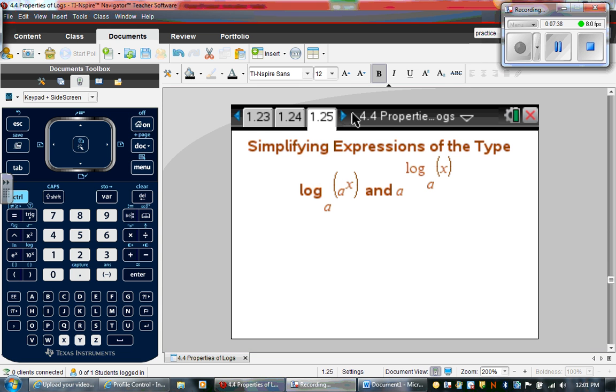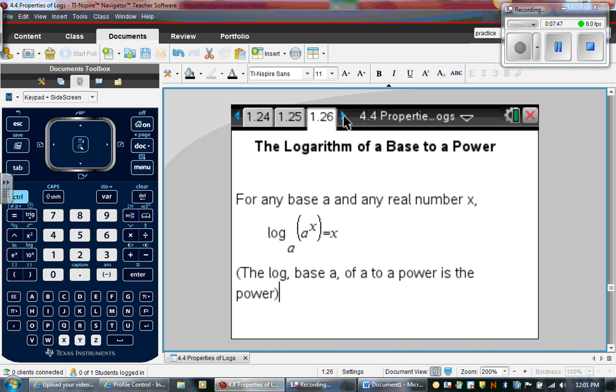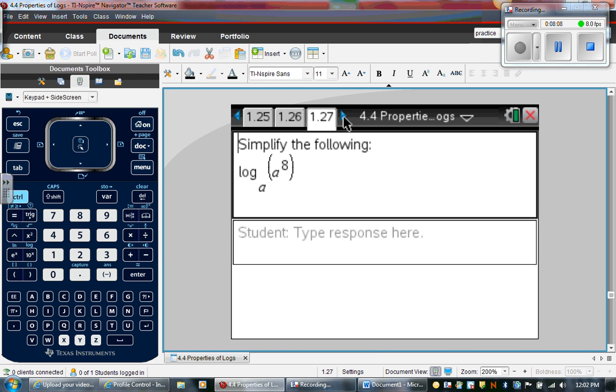Okay, so now we're going to move on to simplifying expressions of the type log base A of a to the x, and a raised to the log base A of x. Now, the logarithm of a base to a power says that for any base A and for any real number x, if I have log base A of a to the x, it simply equals x. It equals the exponent, okay? The log base A of a to the power is the power. So if I want to try log base A of a to the 8,